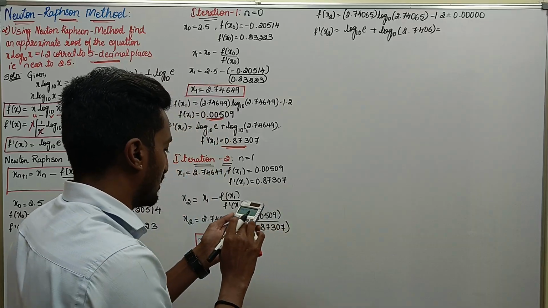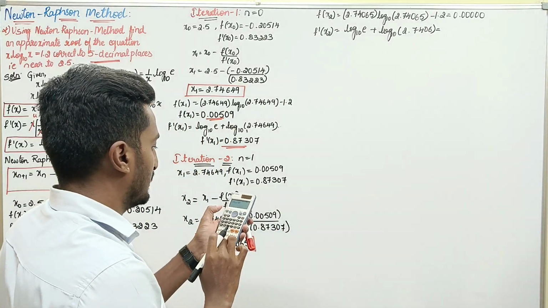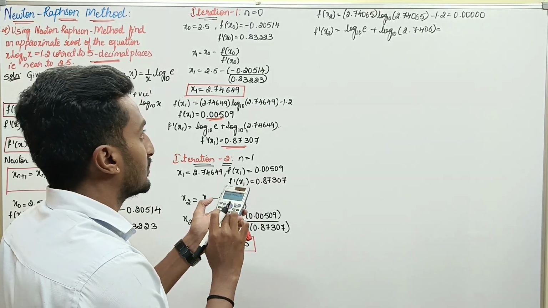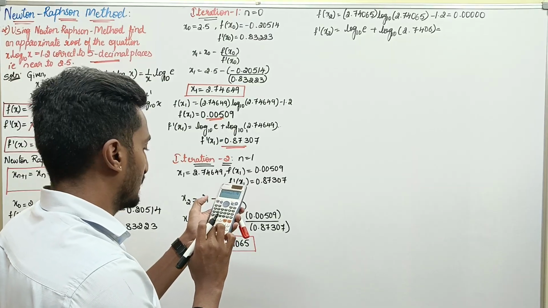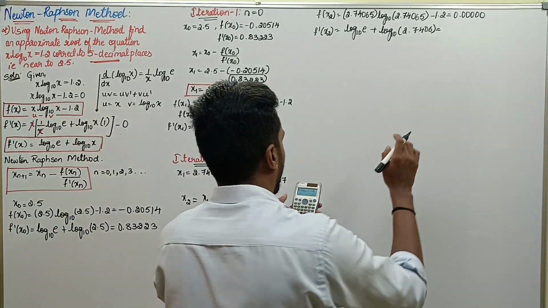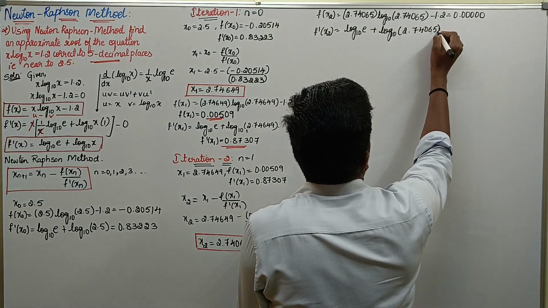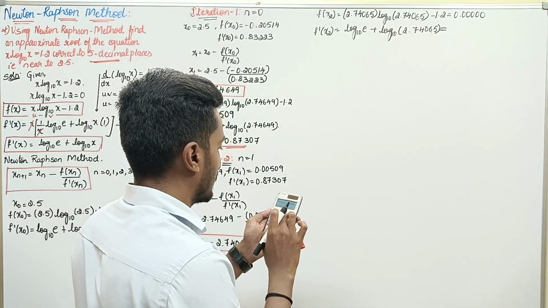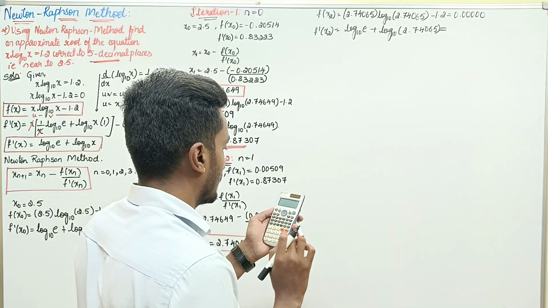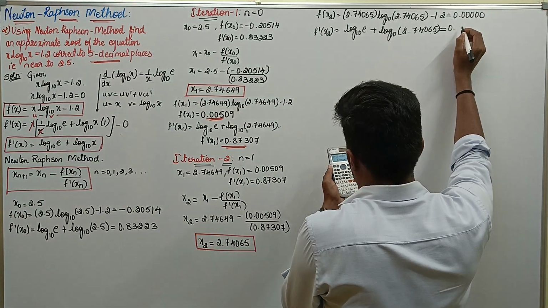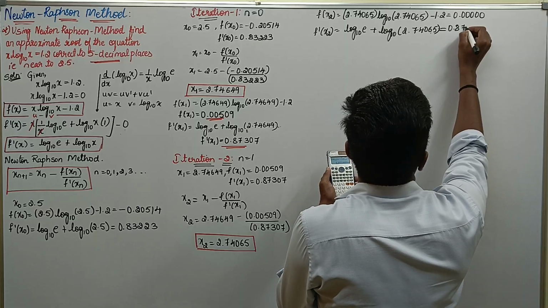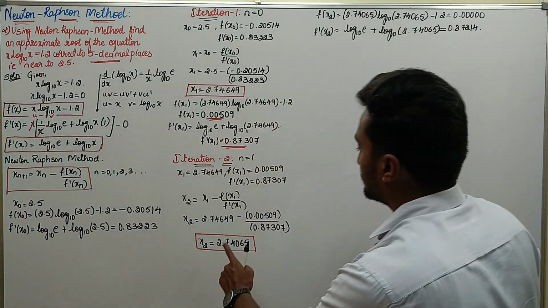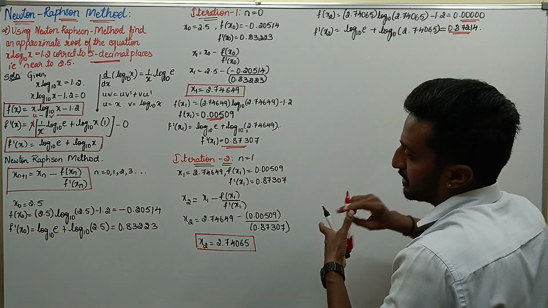Now this, when you go log base 10e plus log base 10 2.74065. Okay, 0.065, close the bracket, 0.65, you get 0.87214. Again, considering these three terms, that is x2 and f of x2 and f dash of x2,